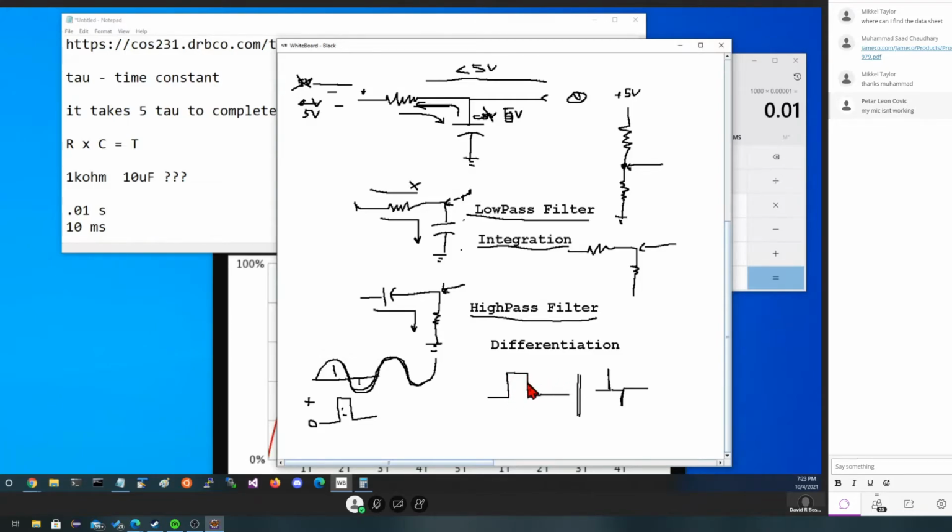And if you think about it, this kind of holds true. While it's here, that's a constant. What's the derivative of a constant? It's the number 0. What about when we get something that changes radically? Well, this is actually a high frequency event, and a spike value is the appropriate thing to see if you're looking for a derivative of that. What if I had a slowly rising signal? What I'd see in the derivative is where it's rising, I would see a constant value, which is non-zero during the time it's rising. So I can use this to actually differentiate a signal, which would come in very handy